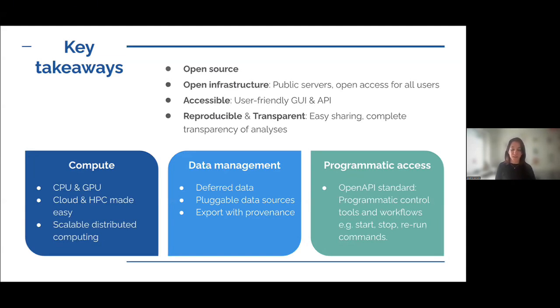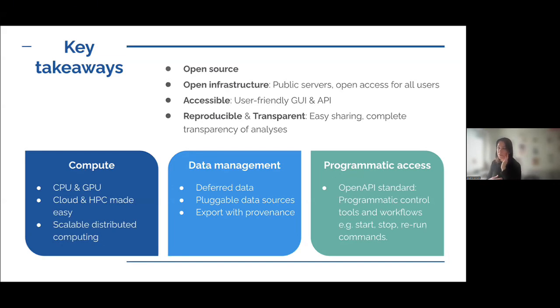It's also scalable in the sense that you can also share across other nodes. So for example, there is a network of different servers that are connected. So if the data lives somewhere else, it could be that you submit the job on one server, but it gets computed somewhere else. That's also an interesting feature if, for example, there are no GPUs on one, but you need that, it could be diverted to another one. That's called the Pulsar network, and it's also offered by the Galaxy community.